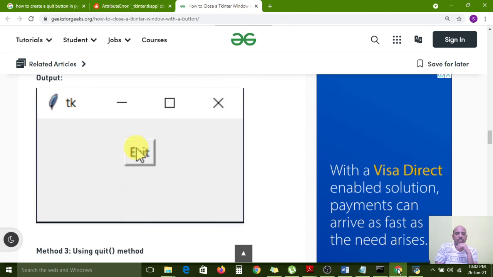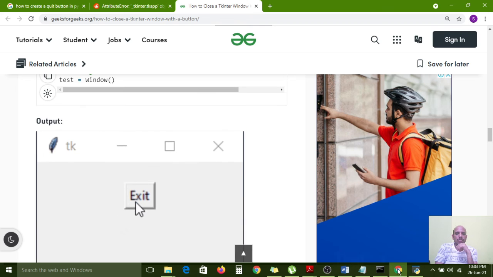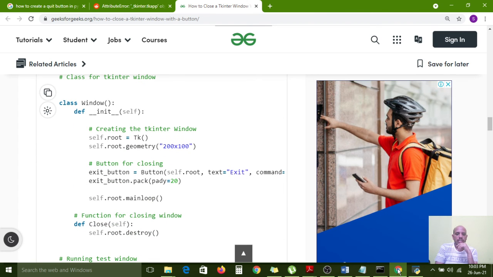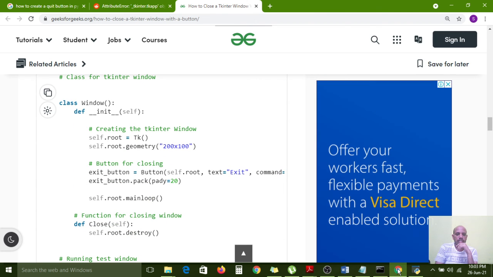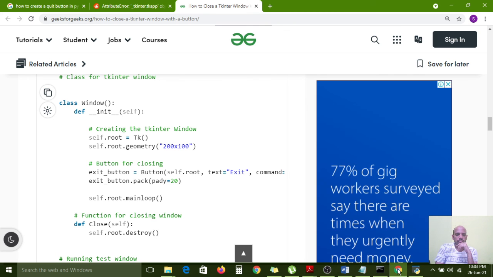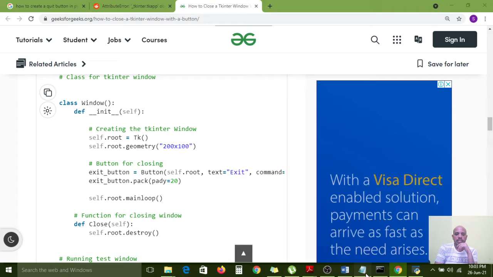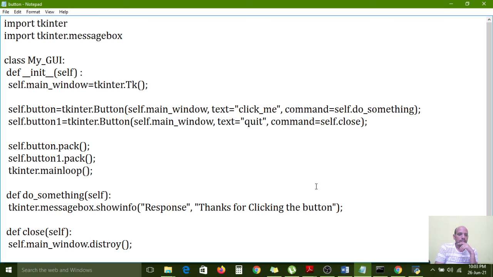Actually it will close, but it is showing some error. Command equal to exit, exit button.pack. Here we haven't used packing. Wait. self.show_info_message, self.button1.pack.